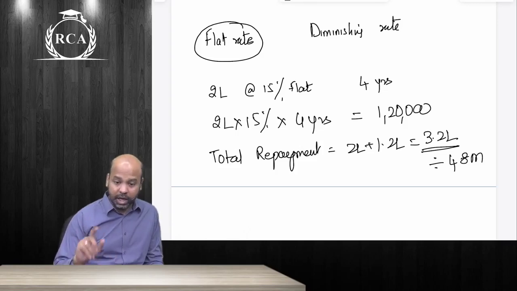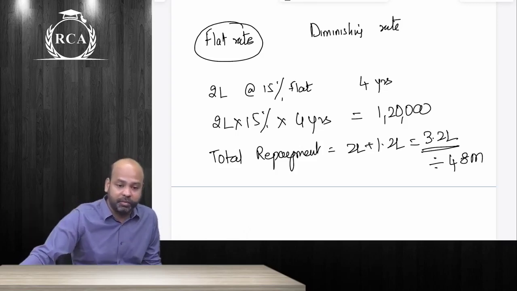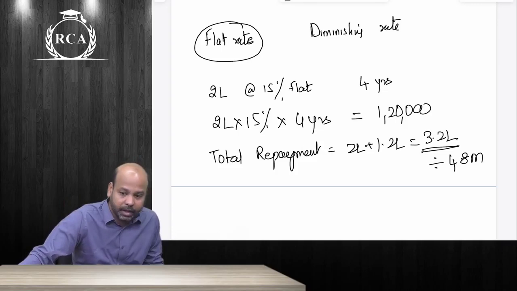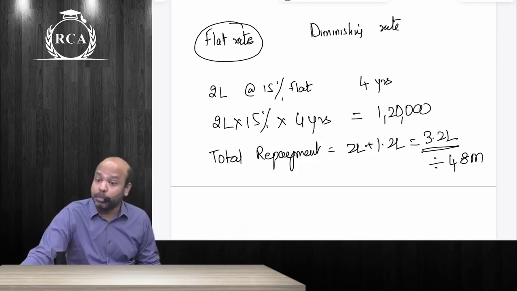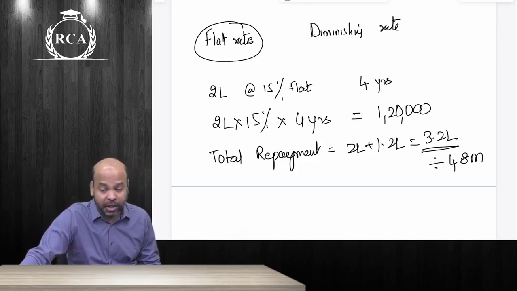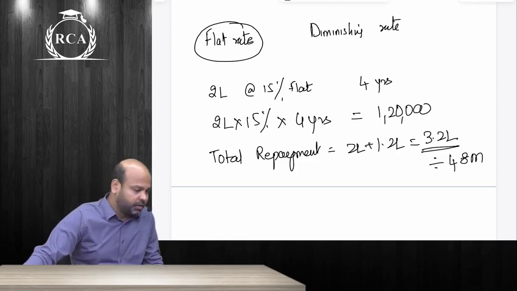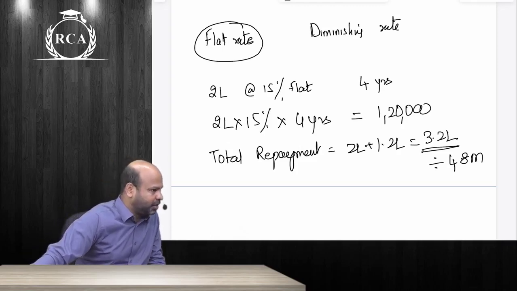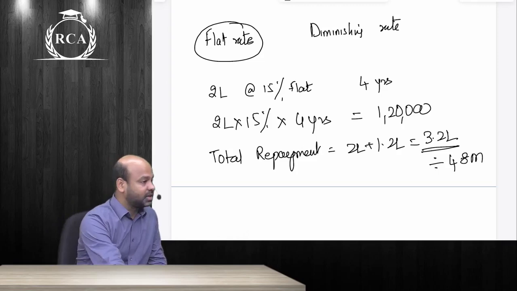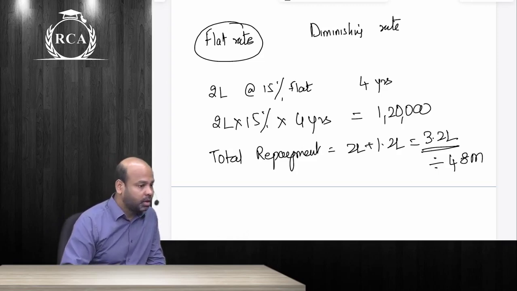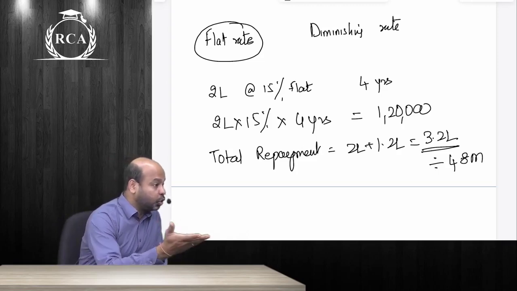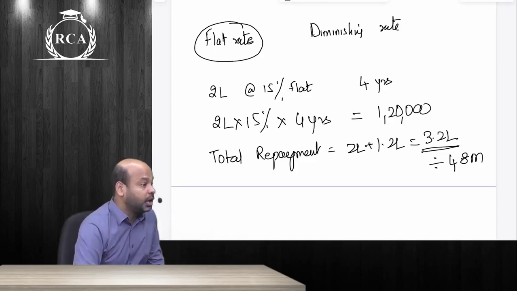So, are you not repaying the amount right from month 1? Yes or no? Shouldn't the loan component outstanding keep reducing every month? If the loan component is reducing every month, shouldn't they charge interest on a lower amount? Correct? But they're not doing that. They're charging interest only on the original principal.